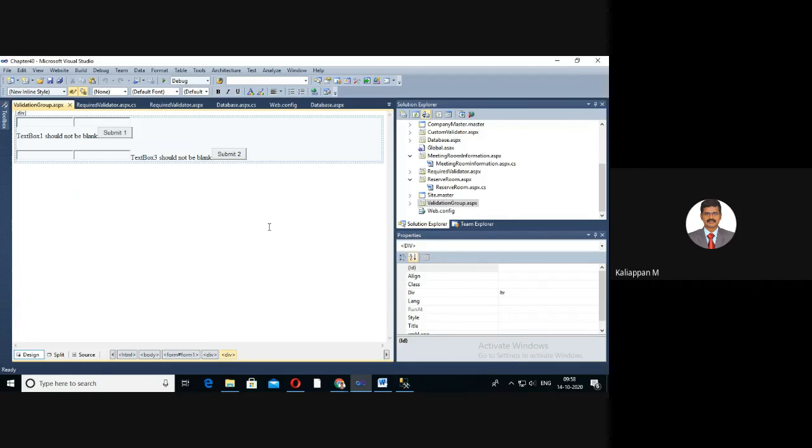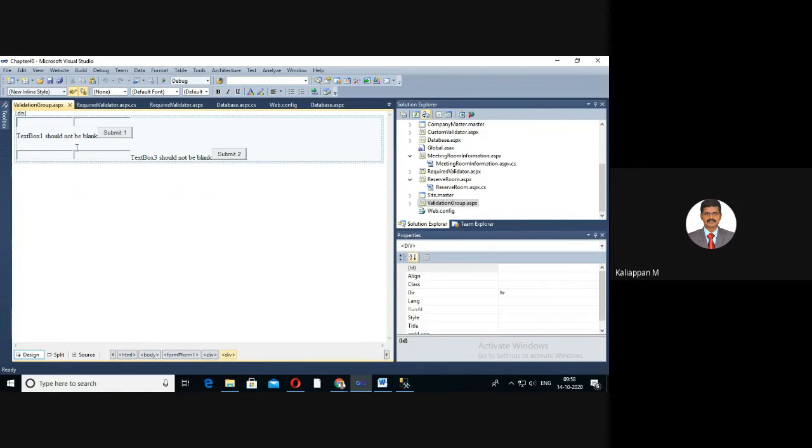Next validator control is the validation group. Complex web pages have different groups of information provided in different panels. Consider this example: this is one panel, this is another panel. In such a situation, there is a need for performing validation separately for separate groups. So this is one group, this is another group.